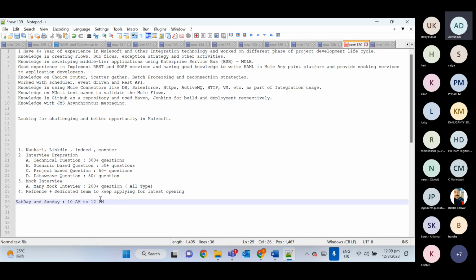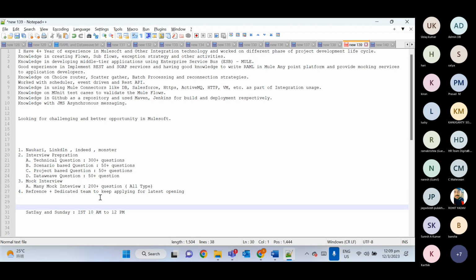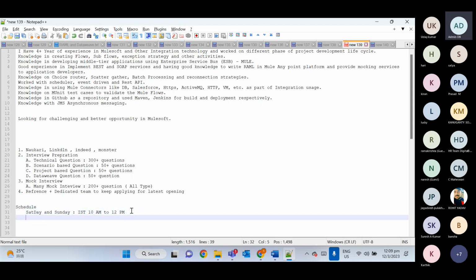That will be IST time. If someone is from a different time zone, you can convert IST 10 a.m. And whenever I will have time on Thursday or Friday,